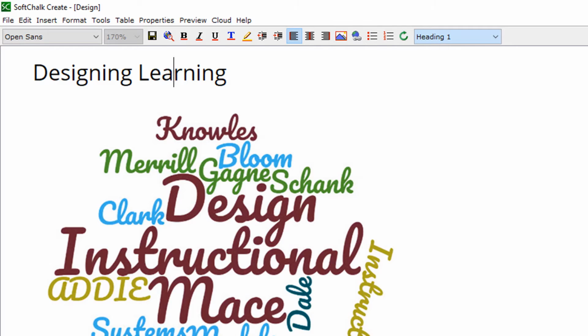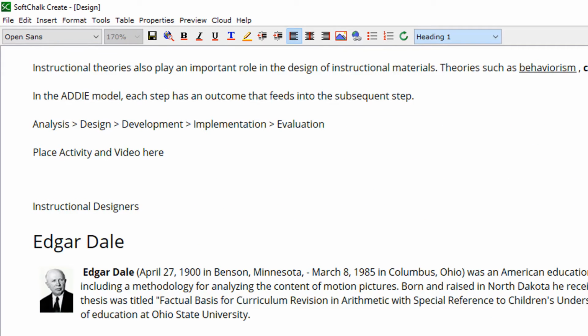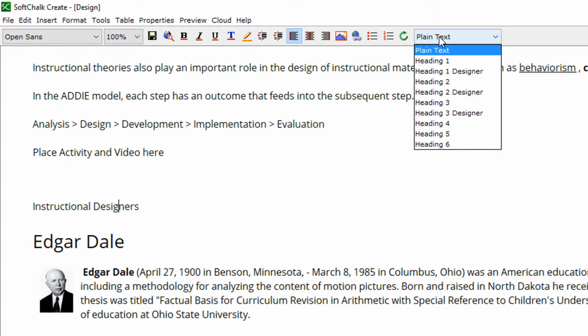How do we create a navigation point? We simply place the cursor where we would like to navigate to. We then choose a styled paragraph, heading 1, heading 2, 3, 4, 5, or 6. Again, if I would like to create a navigation point, I use heading 1 or heading 2. Think of our navigation points as a topical outline, where heading 1 is the main topic and heading 2 is